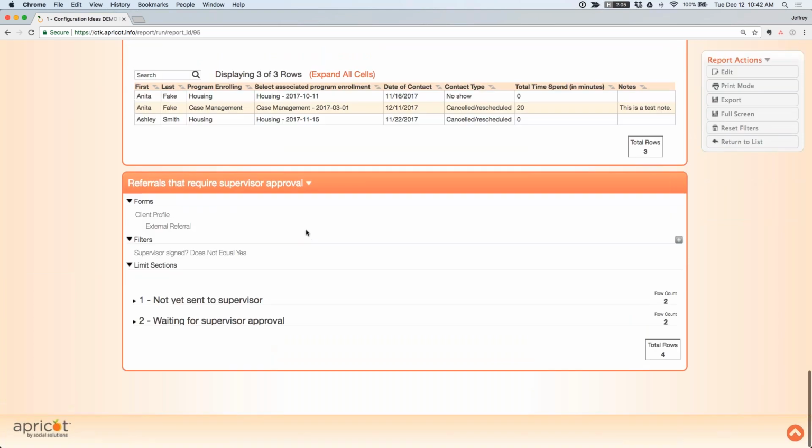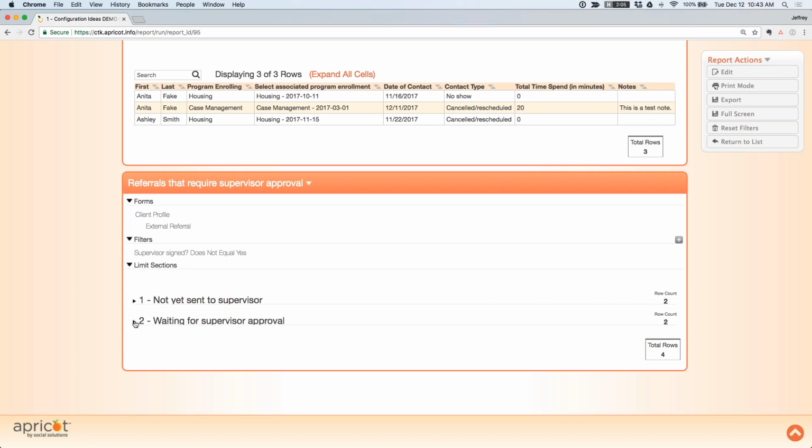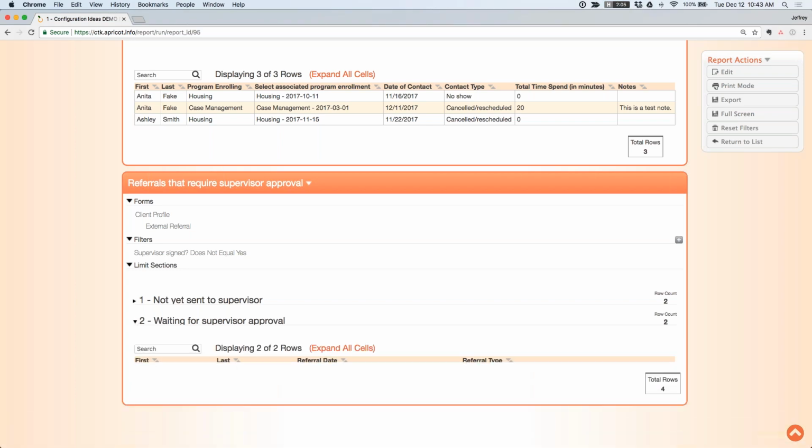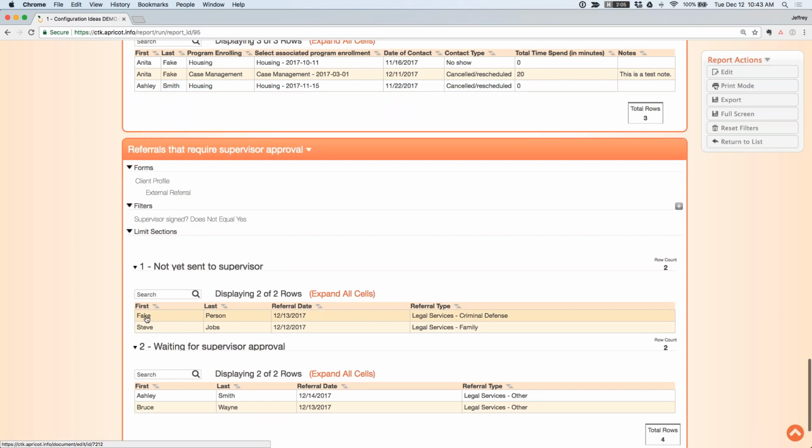So I have a conditional report at the bottom of this where I'm looking for referrals to be approved by a supervisor. You can see that I have two categories: not yet sent to the supervisor for approval, which might mean that an internal user is still working on the record, and waiting for supervisor approval, which means that it's in the supervisor's queue, but they have not signed it yet. So if I pick one of these here,